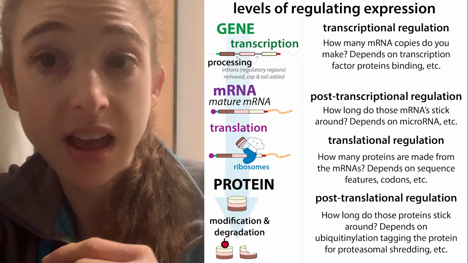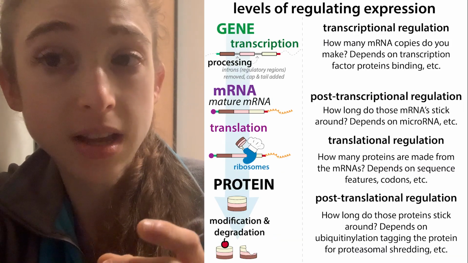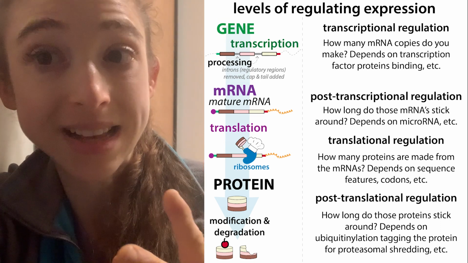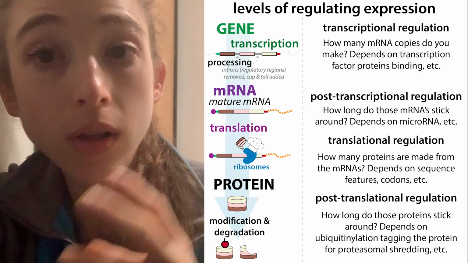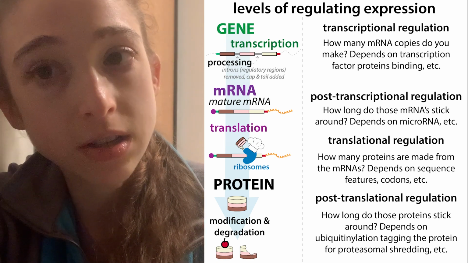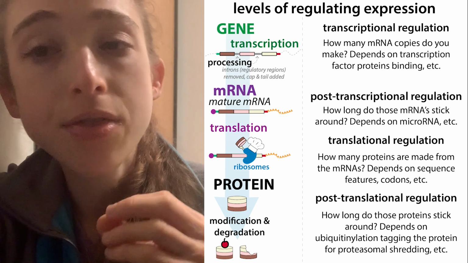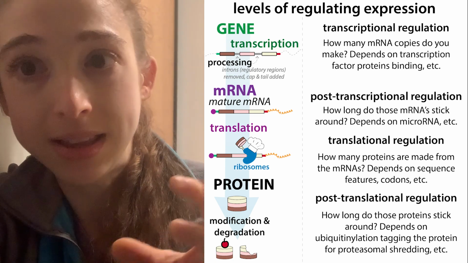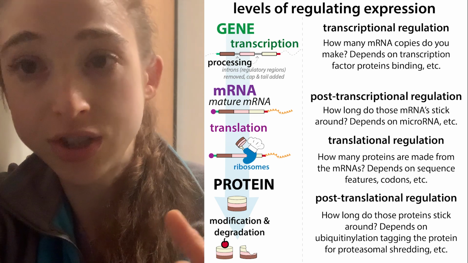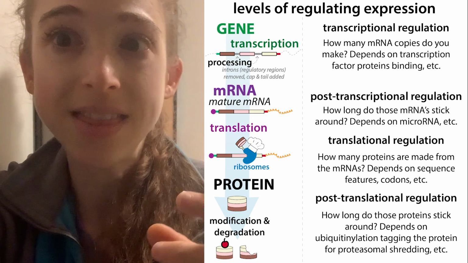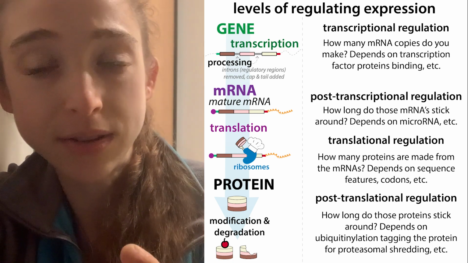So the bottom line is different cells in your body are going to use, or express, different genes at different times. Although all of the cells in your body, or almost all, as we talked about, have the same genetic information, the same genetic blueprint, they're not always using everything. In fact, they're only using a tiny portion of it. And different cells in your body are going to be using different tiny portions, and they can change up what portions they use at different times.